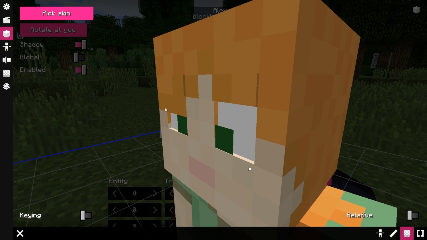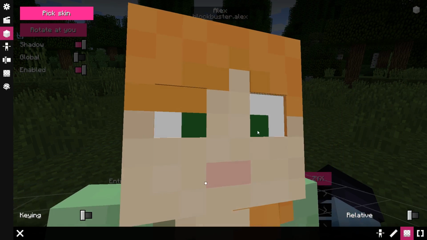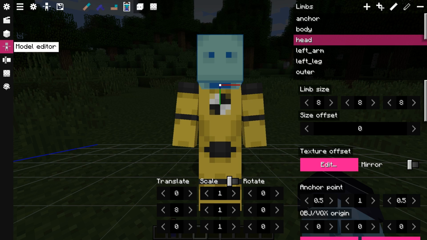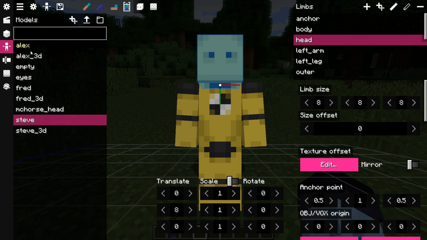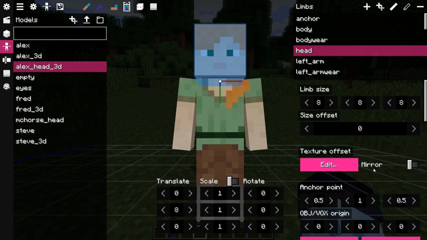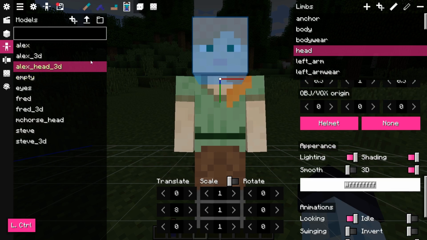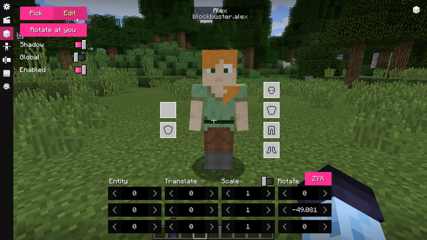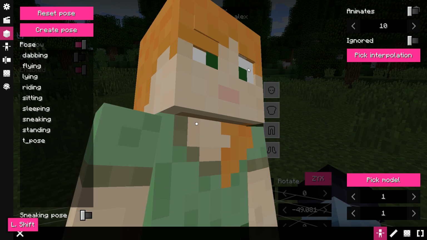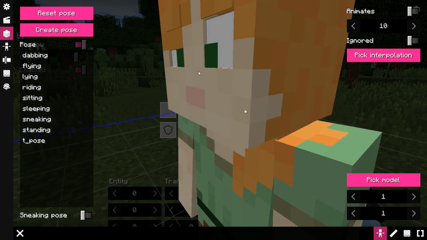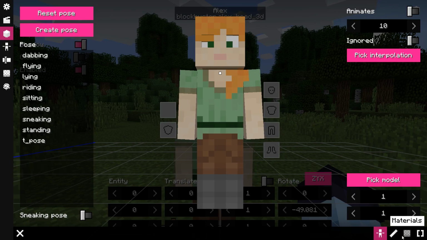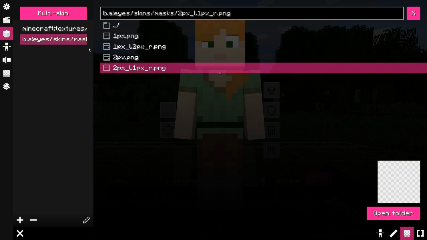However, it's still not perfect. There is some empty space on horizontal inner sides of the eye holes, from which you can see the sides of the head. This can be easily fixed by creating a new, or editing a, 3D model variant, and enabling the 3D option on the head. This will cover these inner sides with skin bits. Now it works, yay.